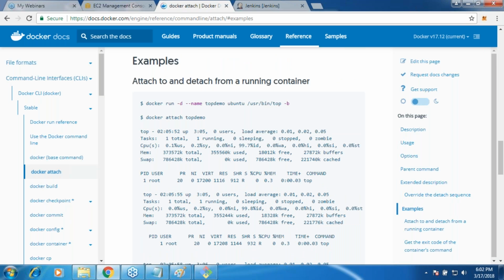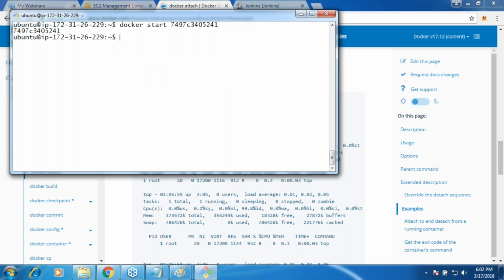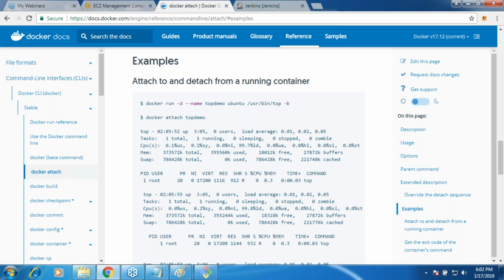The moment you try to do that, what it would try to do is show what is happening on that machine. I should have done it much earlier, but it's okay. Now nothing is happening on that machine, so it will not show anything. So attach is one way, but there is no need for attach. That was a very old way of doing it. Now you can execute simple commands. Docker exec is a better way, but still there is attach. What attach does is, you have run in detached mode, and now you again want to bind your terminal to the Docker container.